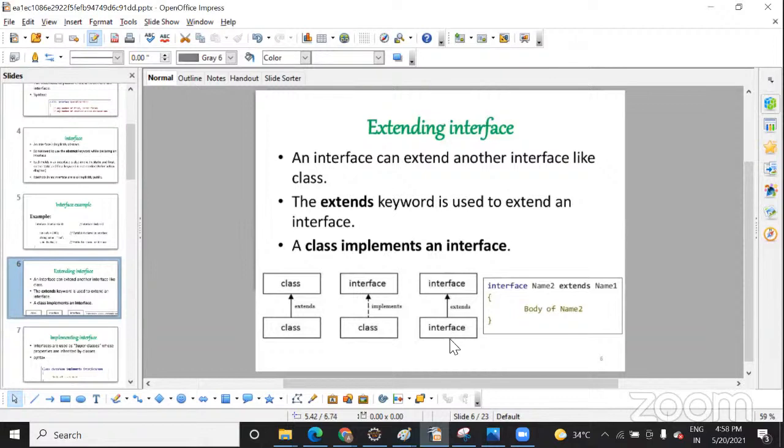Later, with the help of a further class, you can implement the methods of these two interfaces. So when you extend or implement this interface, you will get the methods of the other also, so you don't need to implement these two together. Are you getting what I'm trying to say? So this is the reason.